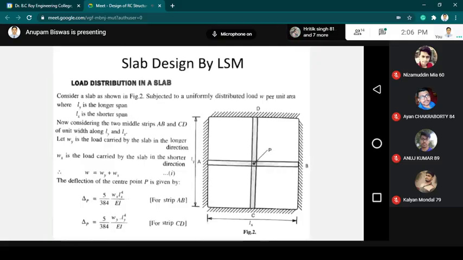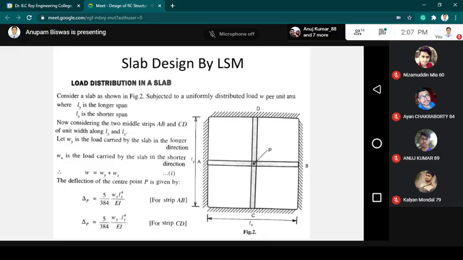Now let us discuss the load distribution in a slab. To consider the load distribution, we have to consider a point P, which is a part of a rectangular strip. As you can see in the figure, if all the edges are supported, we have strips AB and CD,